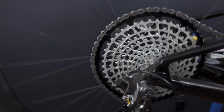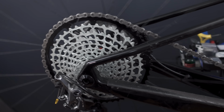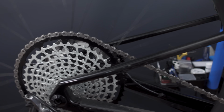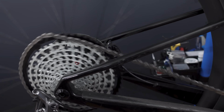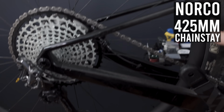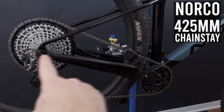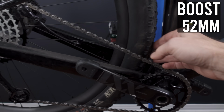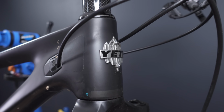Once on that largest cog, I know you guys are gonna ask me about backpedaling, and the chain drops off of that 52 tooth cog. It does. Now, mind you, this bike is a 425 millimeter chainstay, which is very short. This is a 52 millimeter chain line, so this is boost. My Yeti Arc has